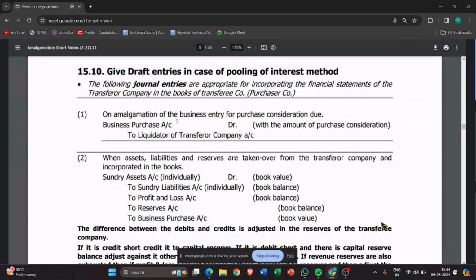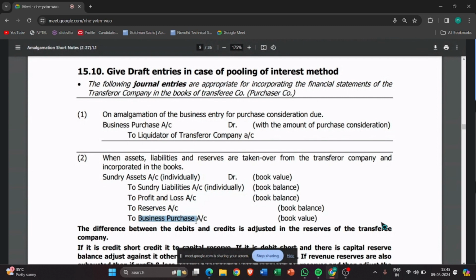After saying that the purchase consideration is due, you will now take over the assets and liabilities. You will incorporate the assets and liabilities of the transferor company being taken over by the transferee company. So we will write the entry as sundry assets account debit, to liabilities, to P&L, to reserves, that is everything. Debit assets, credit liabilities and reserves, and whatever is the difference between these two will be compared with business purchased